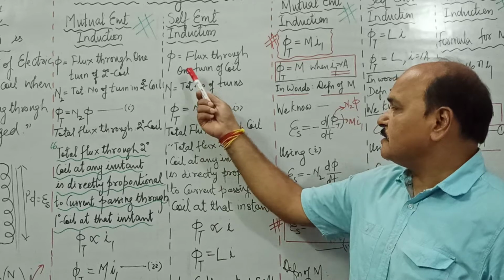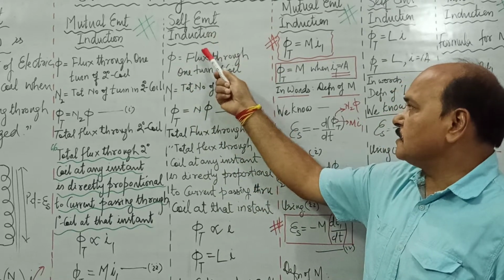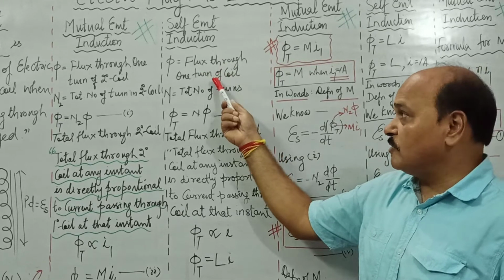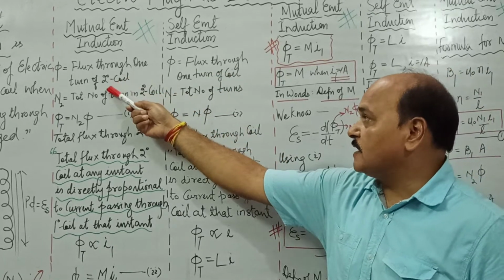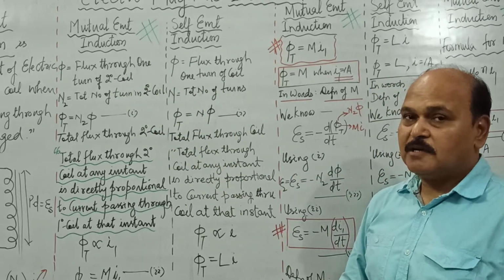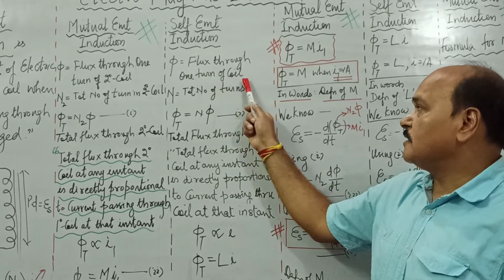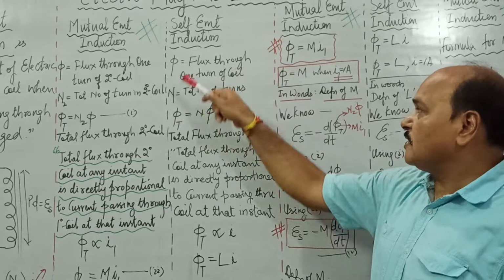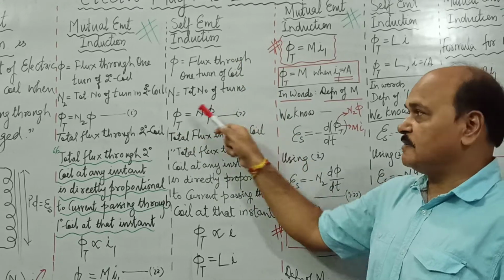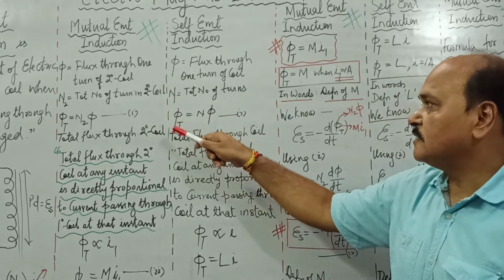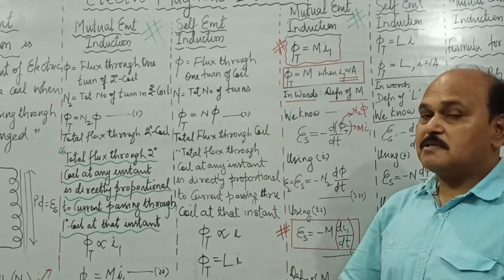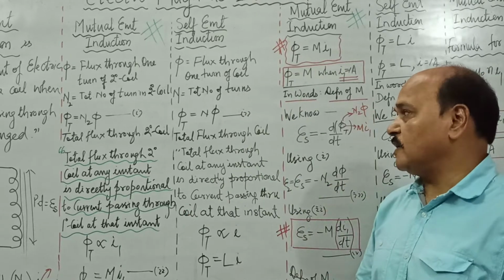Children, let's see here self-electromagnetic induction. Let phi be the flux through one turn. Like it was the secondary turn, flux passing through one turn of the secondary coil. Here we have just one coil, and phi be the flux passing through one turn. If N happens to be the total number of turns, then N phi is going to be the total flux, exactly in the same way as we have studied here. So N phi is the total flux passing through all the turns of the coil. Remember, we have just one coil.